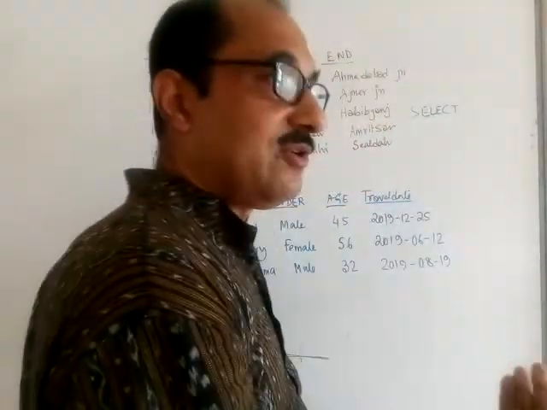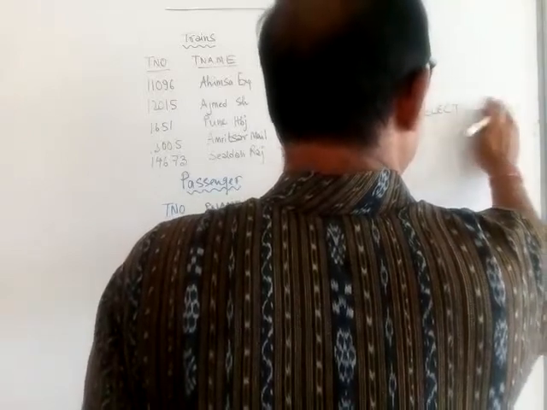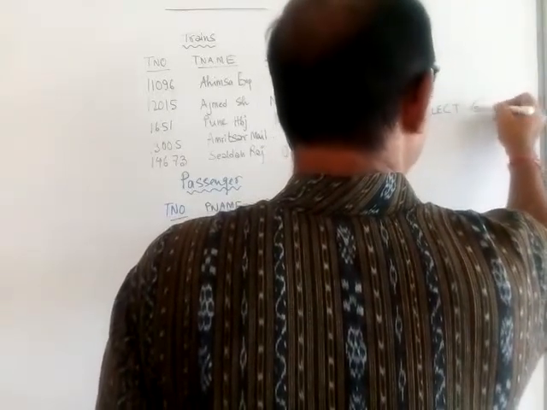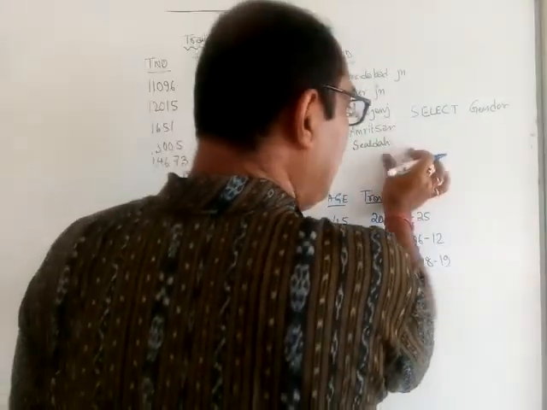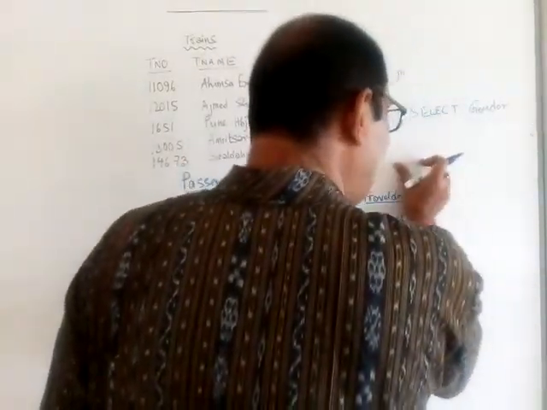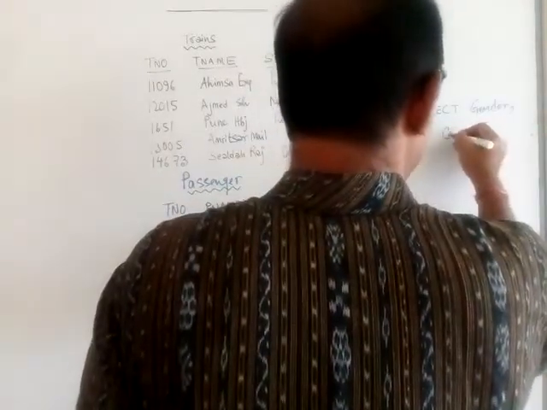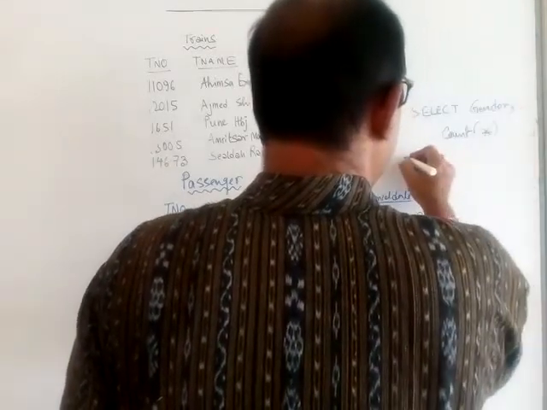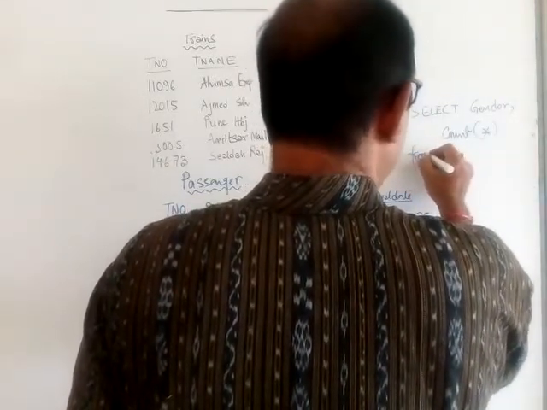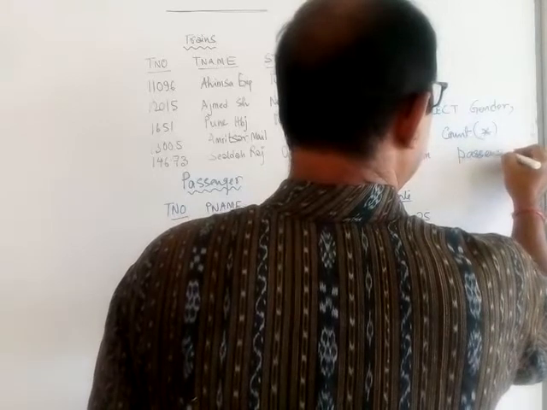We will write select. Group means obviously we are talking about group by. So we can write select, first gender. It will look nice if it's displayed like this: male, and then how many males, female, and then the count of females. So gender, comma, count star, number of records, from whatever the table name is. The table name in this case will be passenger. So we will write passenger.